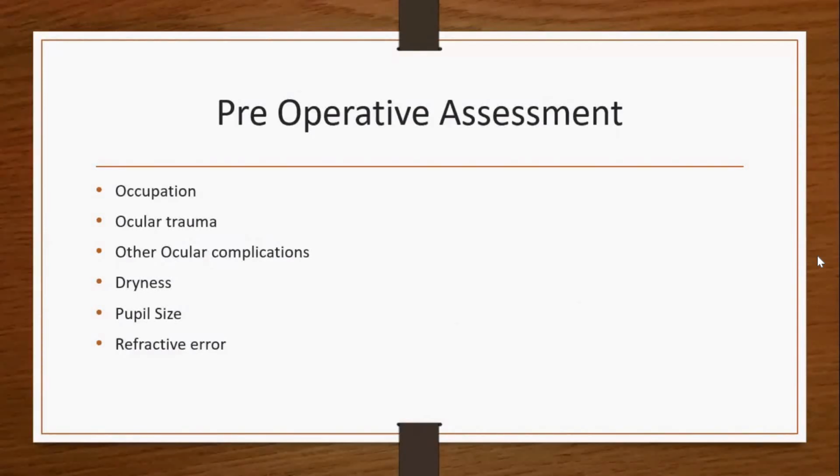Then the refractive error prior to the surgery is very important, because if anything changes in the biometry readings, you want to look at the refractive error. Even though the patient is implanted with a multifocal lens, in some cases after surgery the patient will end up with a refractive error, either for distance or for near. So you want to look at the refractive error prior to the surgery.